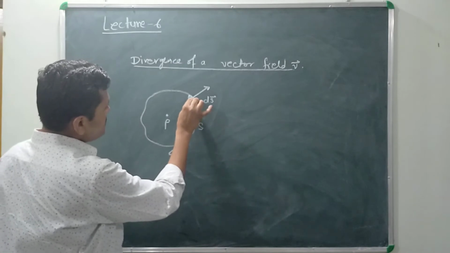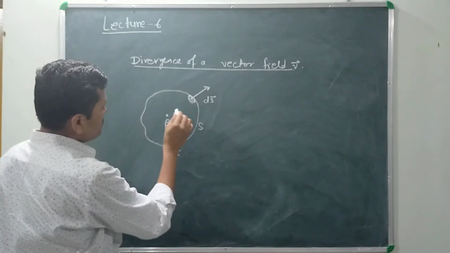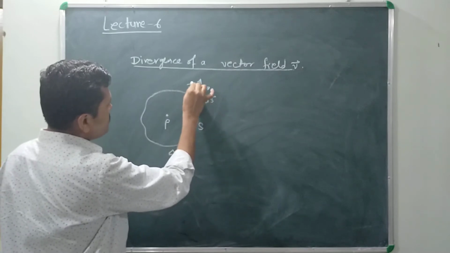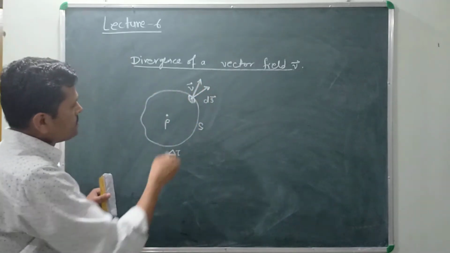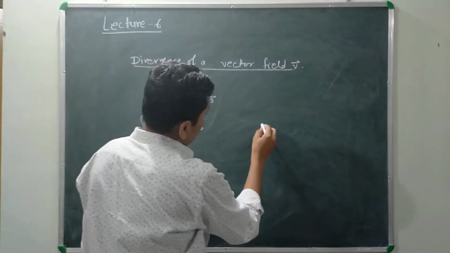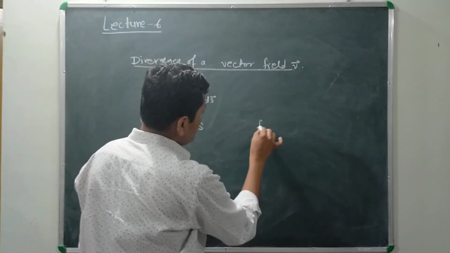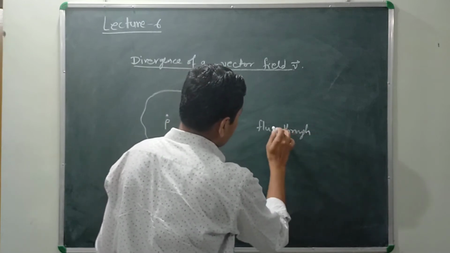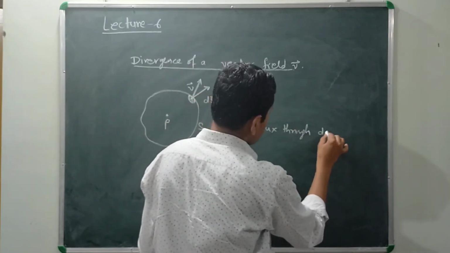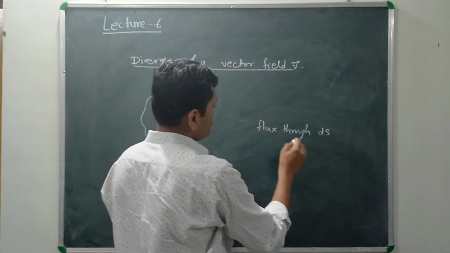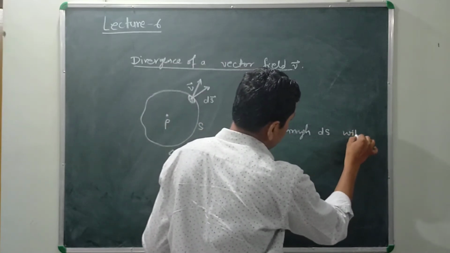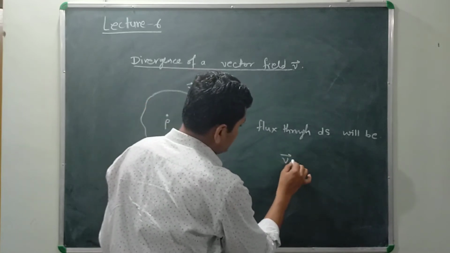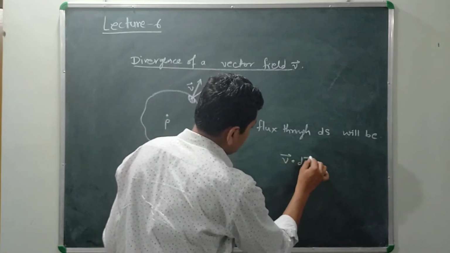Now, if the component of any vector field V at this point is vector V, then the flux through this ds will be vector V dot ds,